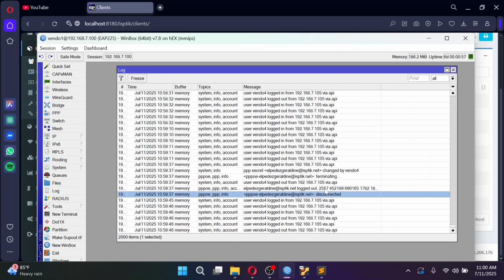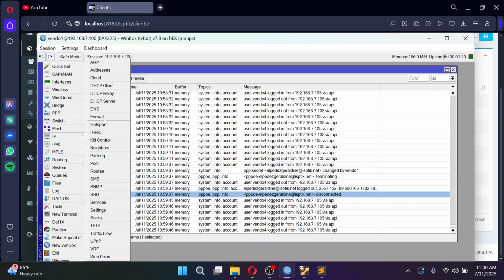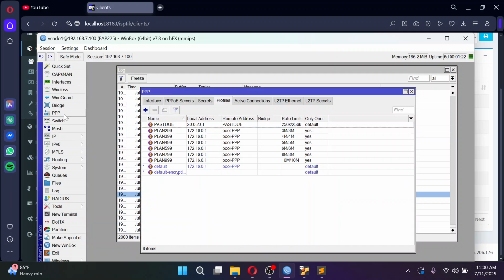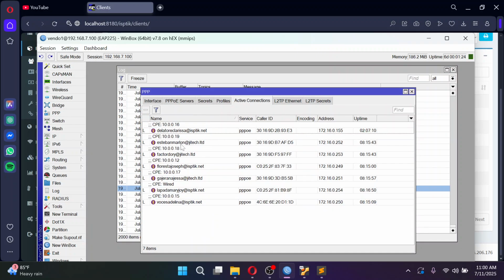It is now disconnected, and then we will wait for some time for the Wi-Fi router or the Wi-Fi modem to reconnect and to obtain a new address, but this time not from the PPPoE standard pool, but from the past due. Okay, let's take a look at active connections.